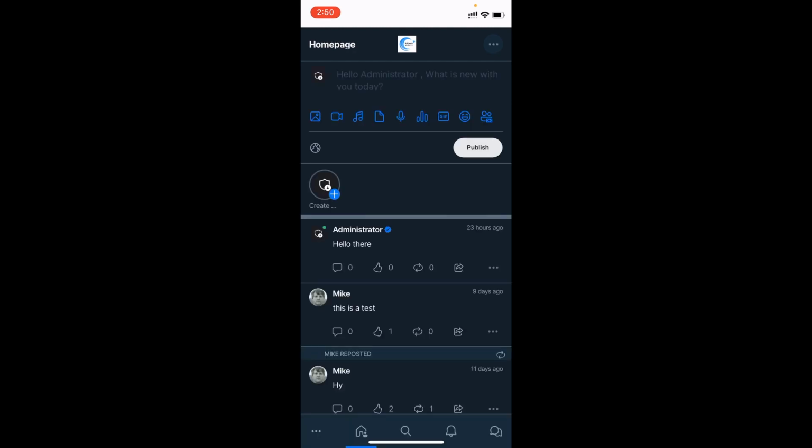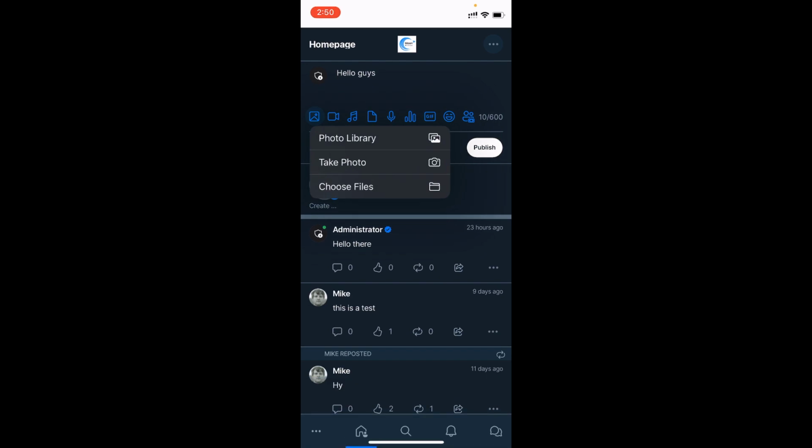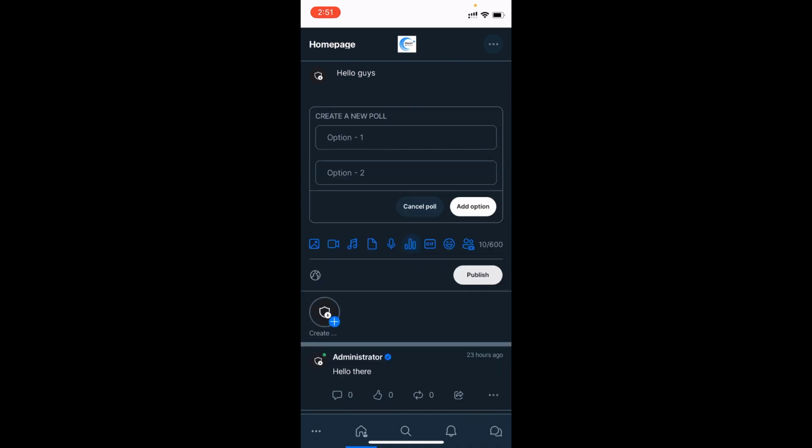Coming back to the home page, I'll try to tweet something. For example, I'm going to tweet hello, and we have the option to attach images, documents, videos, audio files, and also we have the option to record something. We have the option to add polls. We have the option to add GIFs. And also we have different options like stickers, and we can just publish here,